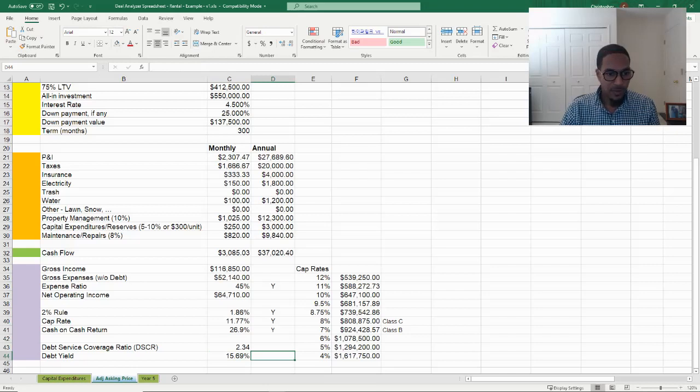So we'll go ahead and mark a Y for debt service coverage ratio and a Y also for debt yield for this real estate opportunity. And as we look at the key indicators here, it looks like these are all pretty good. And if the cash on cash return, your return on investment, meets your goals, and the cash flow or the income from the potential real estate asset also meets your goals, then this looks pretty good for you. And you proceed with the acquisition of the real estate asset.